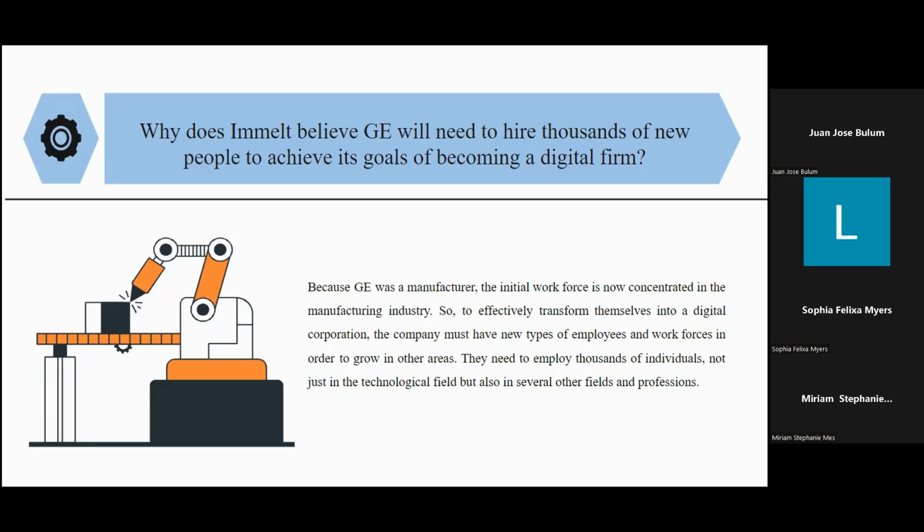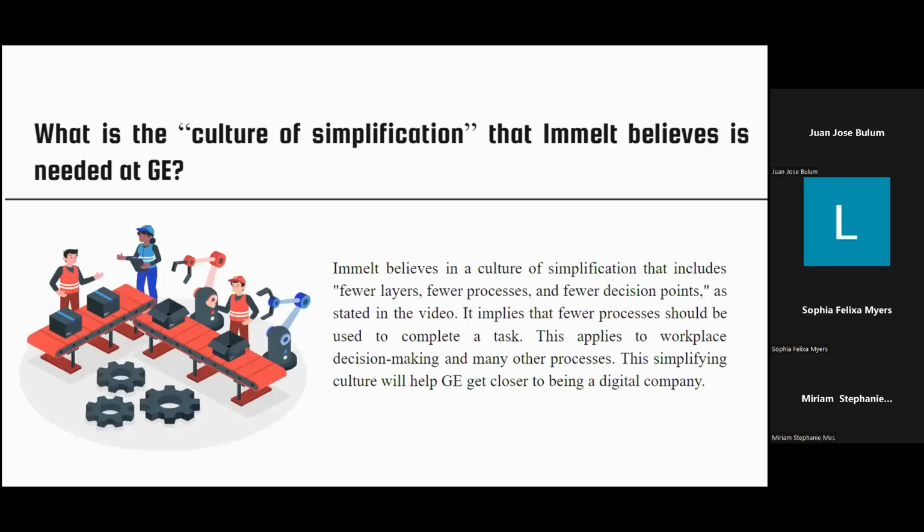For example, hire new product managers, have different kinds of commercial people, and mix them with the GE team. Also, recruit differently and bring different skills and train them. So the last question of the case study asks, what is the culture of simplification that Immelt believes is